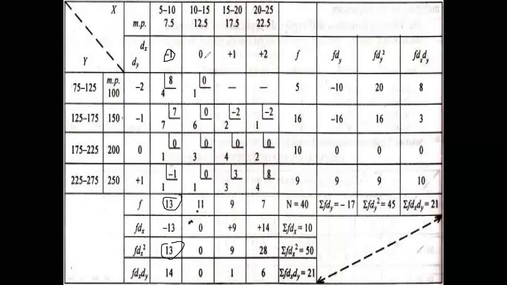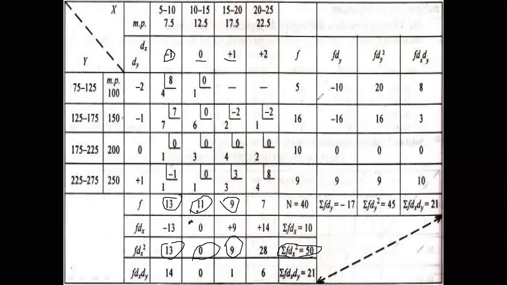The next one, dx second one, the value is 0, which is below 12.5, it is 0. Do the square of dx, 0 into 0, 0, multiply it with the frequency which is 11 in the same column, the value will be 0. Next is 1 into 1, 1, multiply by frequency which is 9, the third one, it is 9 here, as you can see in the fd square x column. In the same manner we did the calculation, and we do the summation at the end, the value of sigma fd square x equal 50. Now next, fd square y, how do we do it?